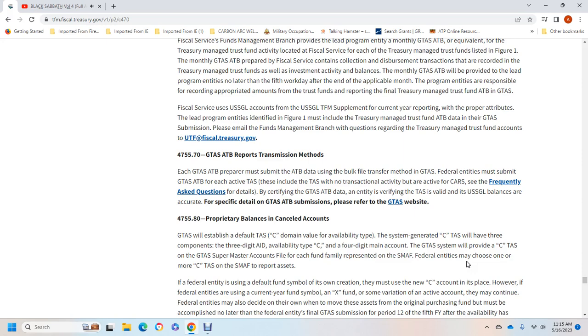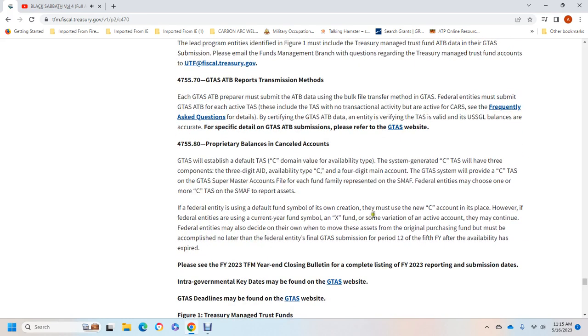By certifying the government treasury accounting symbol adjusted trial balance, the entity verifies that the data complies with the treasury accounting standards and that the United States Standard General Ledger balances are accurate. For specifically detailed General Treasury Accounting Symbol adjusted trial balance submission, please refer to the GTAS website. Alright, 4758, proprietary balance with the canceled account, governmental treasury accounting symbol with the default treasury